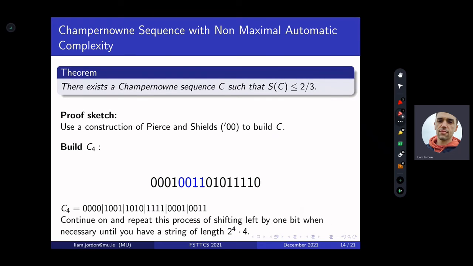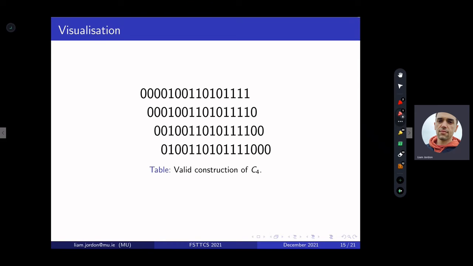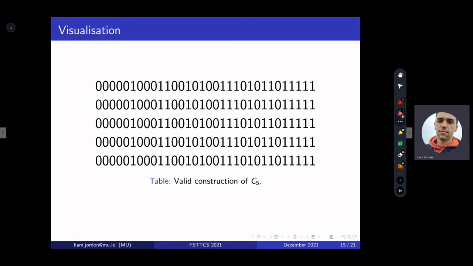And again, we just continue this process of moving in windows of size 4, performing shifts when necessary. So at the end, C4 will look something like this. Just concatenate these four rows together, so this will be concatenated with here, this will be concatenated with here, and so on. These indents are just to indicate when a shift occurred. You can hopefully clearly see there's lots of repetitions going on here. Repetitions mean loops, which we can use to minimize the number of states we need.